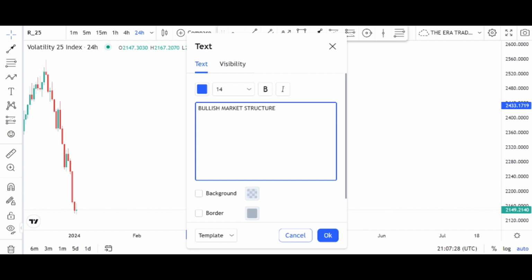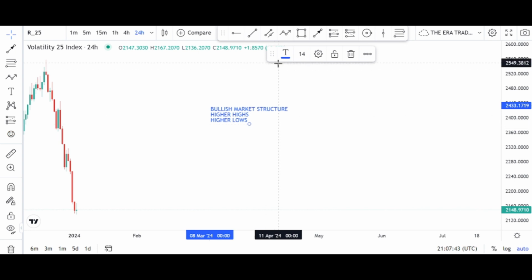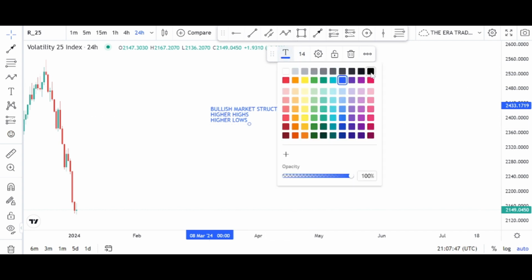the market forms higher highs and higher lows. All right, higher lows. So take note of that. The market forms higher highs and higher lows for a bullish market structure,